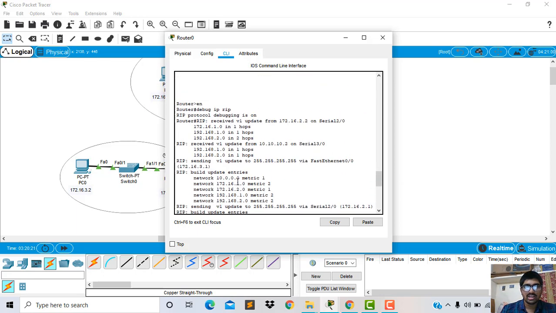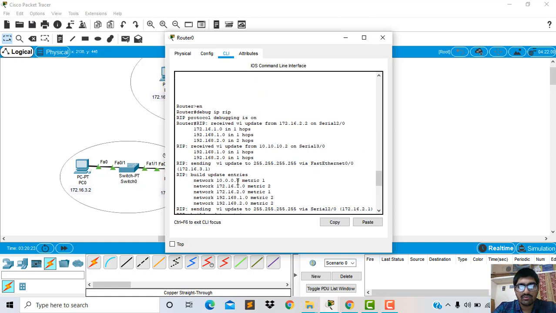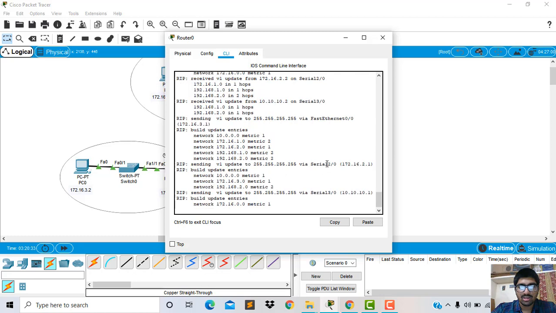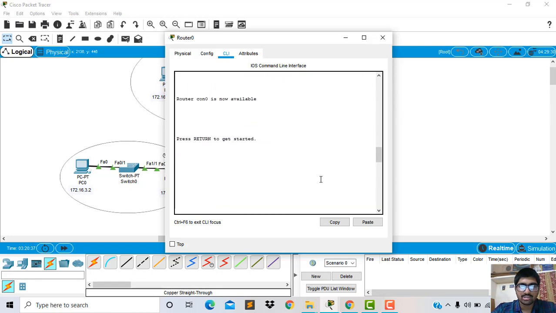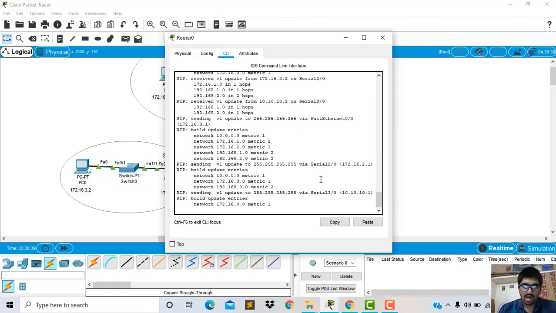We can see the network received V1 update from 170.16.2.2. It is receiving the information from the different networks, that is from 10.10.2, and from the different networks it is receiving the information according to the transactions on RIP.